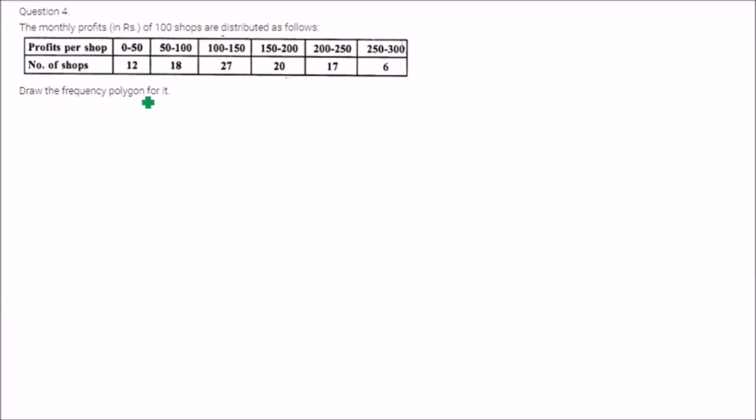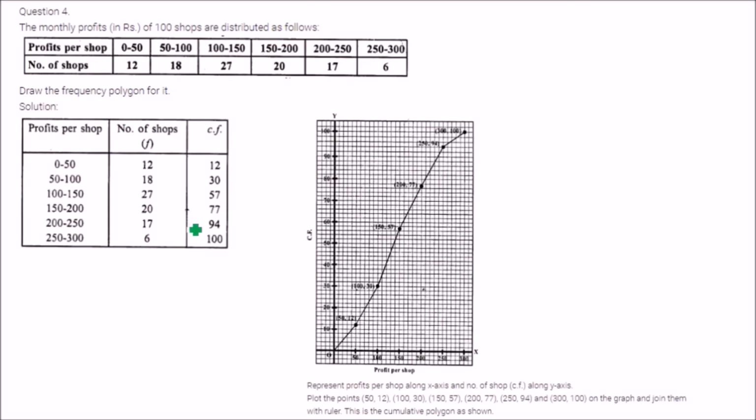Profit of 100 shops are shown like this. We have to draw the frequency polygon. As I just told you, we just made this as